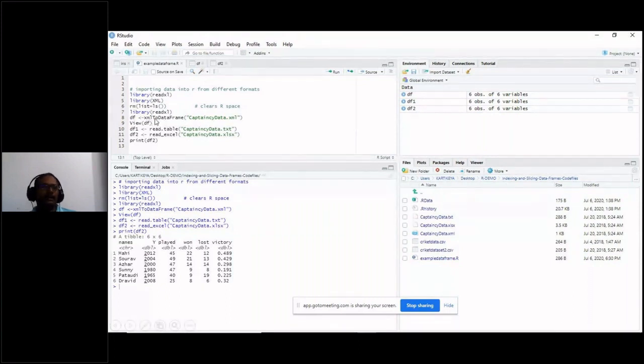Suppose if I want to read your text data as a table, then you have to use the command read.table. And the Excel file, already you know, read_excel you can use, or read.xls you can use. So for Excel files there are different packages, you can try them out. In some cases you are using read.xl, in some cases you are using read_excel, in some cases you are using read.xlsx. So I am giving this one as an exercise. Use your R to install different packages to read the same Excel file.